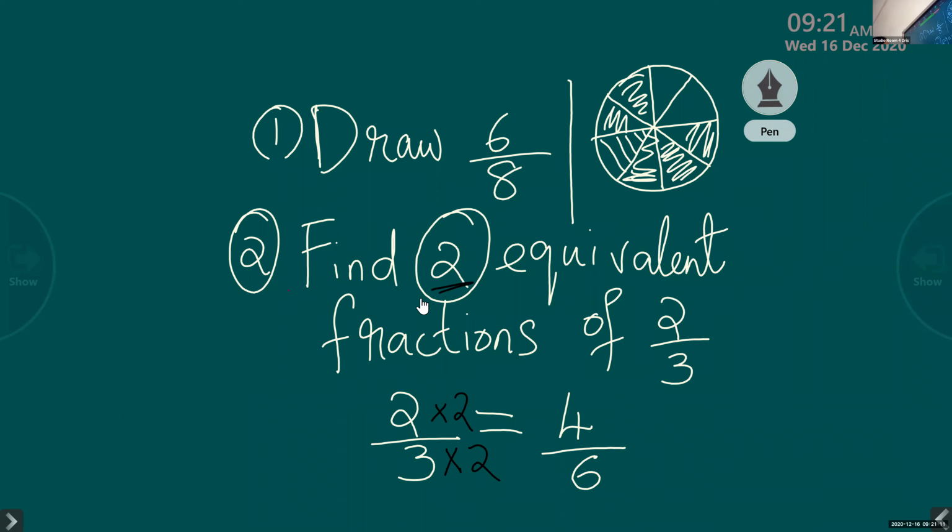Now, but I want 2. I want one more example. 6 by 9. Very good. Let me see how you got this answer. Multiplied by 3. 3 2s are 6, 3 3s are 9. Very good. So, children, 4 by 6 and 6 by 9 is correct. But you can make any answer. If you multiply by 10, you will get 20 by 30. If you multiply it by 5, 5 into 2 is 10, 3 into 5 is 15, 10 by 15. So, that is according to your wish. Okay, you can find out any answer.